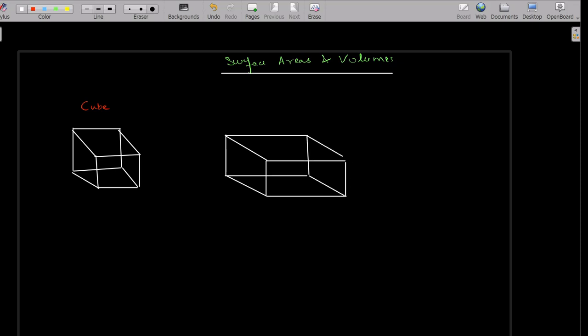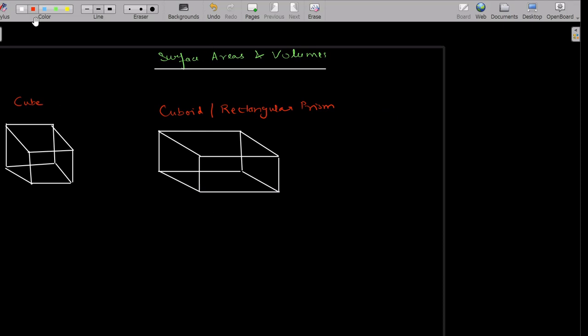So see, this one is called a cube. This one is called a cuboid or rectangular prism. And then we have a triangular prism. Okay, a triangular prism looks like this. Imagine that you have a